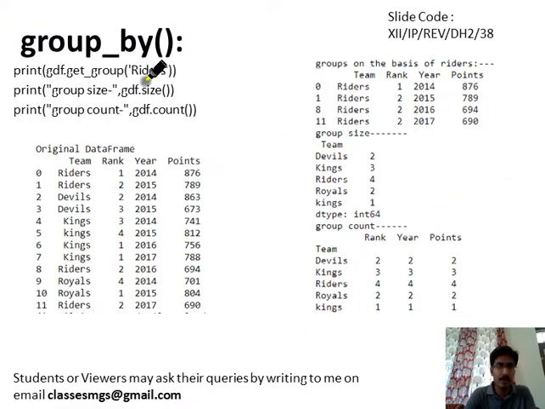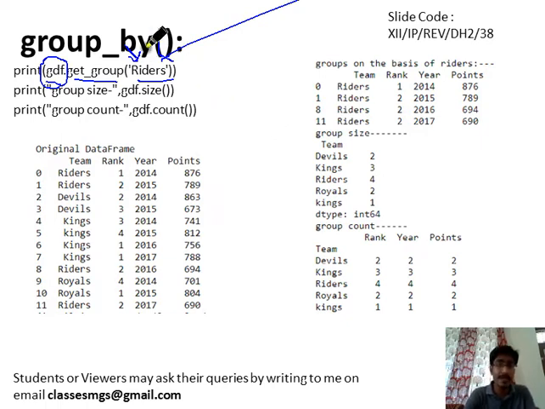Okay, so after group by, we will hold the result of group by in some variable. Let's suppose we have held it in the variable gdf in the previous slide. Now if we want to get a specific group, like we have created the groups by team and 4 or 5 groups were created, and we want to display some specific group's data, then we can get this group by using this code, gdf.get_group, and then the group name will be either riders, devils, royals, or kings.